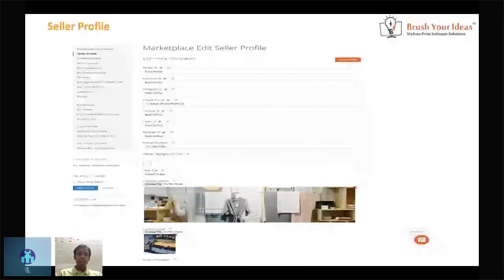Now they have the option to promote their own web pages, profile, products and categories the way they are creating them. They can put their Twitter profile, Facebook, Instagram, Google Plus, their YouTube channel link, and multiple contact details.